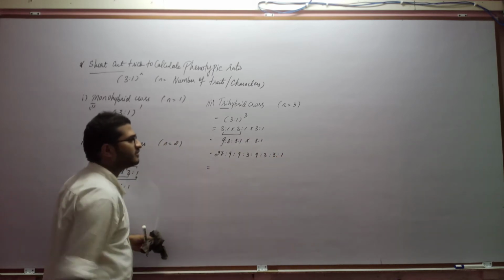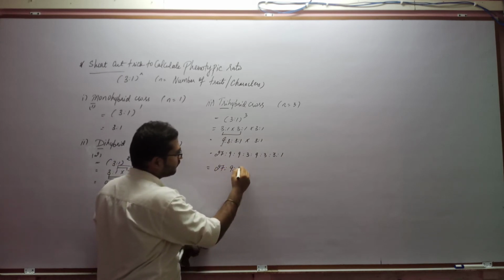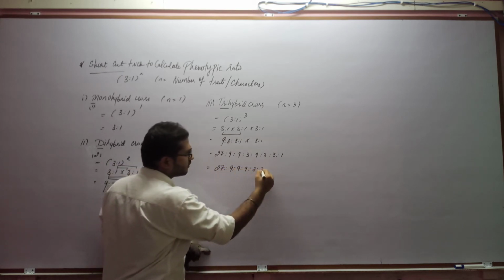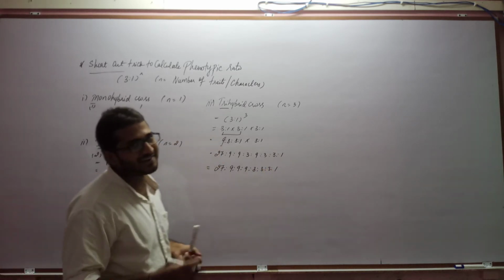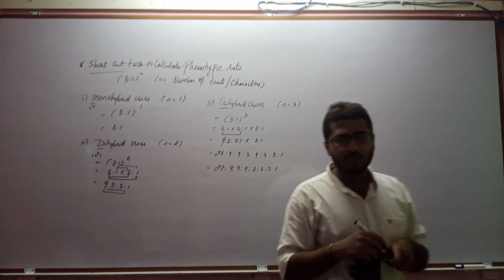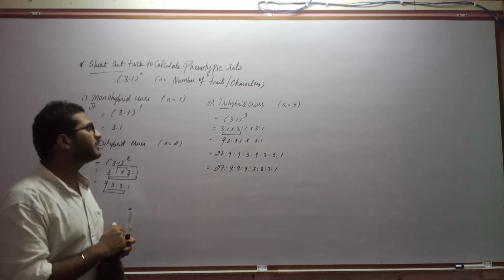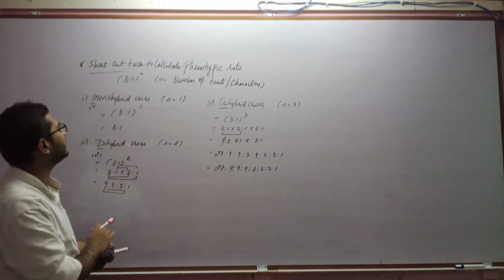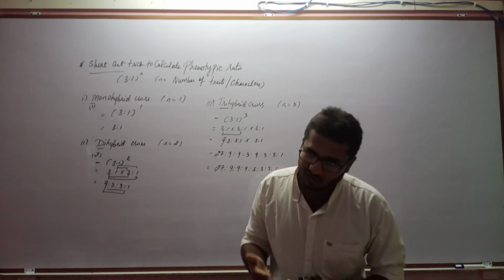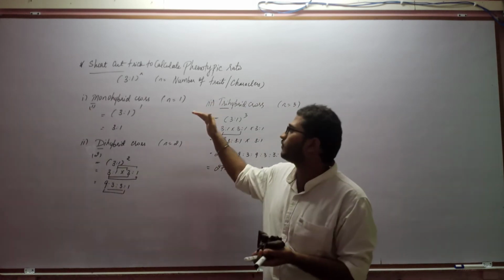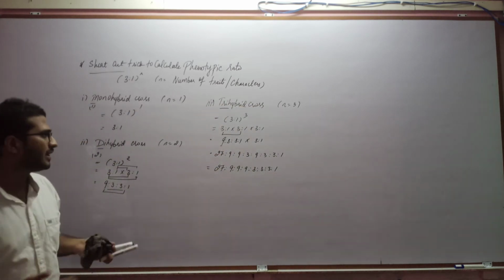So let us rearrange this, all 9s at one side and all 3s at the other side. So 27 is to 9 is to 9 is to 9 is to 3 is to 3 is to 3 is to 1. So this is the phenotypic ratio for tri-hybrid cross experiment. So with this we have completed the shortcut methods, or shortcut formula, of how to calculate the phenotypic ratios of monohybrid, dihybrid or tri-hybrid cross experiment, or for any experiment in which 4 characters or 5 characters are involved, like that.